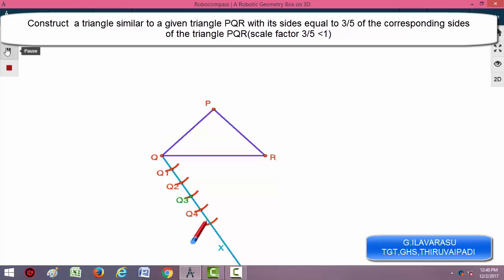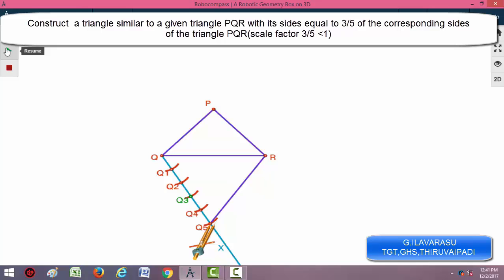Now Q5 is marked. Now the denominator is 5, so the scale factor of the given triangle is 5. So join this fifth marking, that is Q5, to the given triangle vertex R. So you can join the line segment Q5R, and then the required triangle is of scale 3. So from Q3 you need to draw a parallel line to this